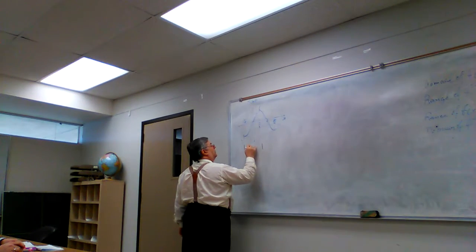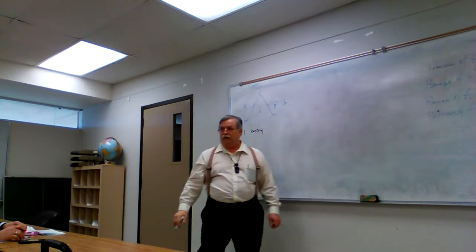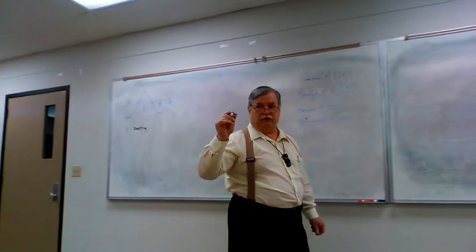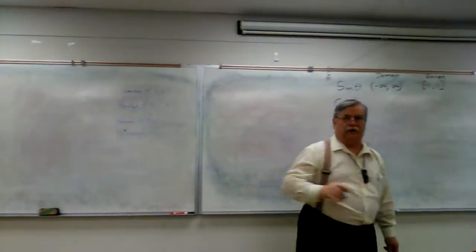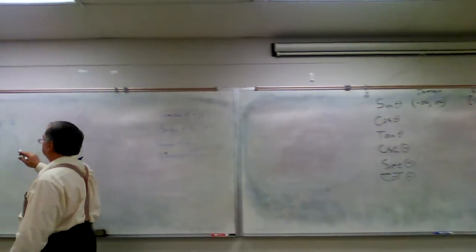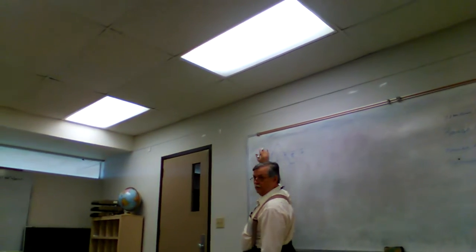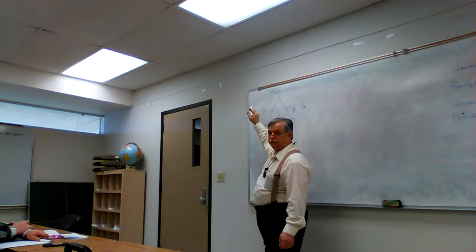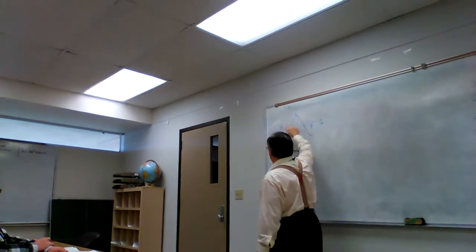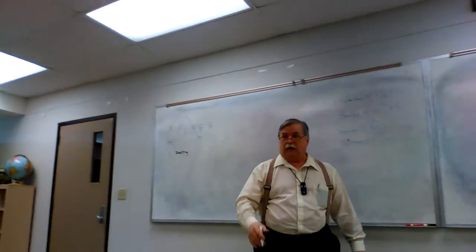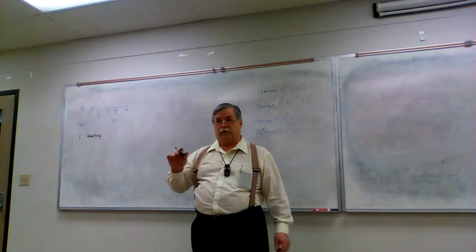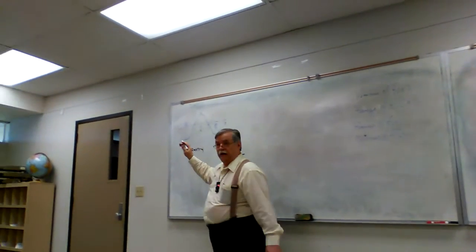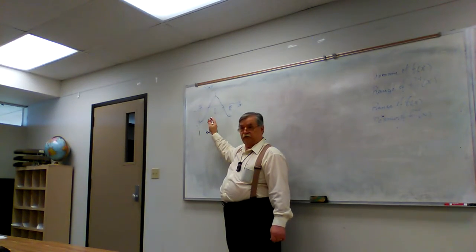Pi over 2. This is the restricted domain of the sine function for the purposes of generating an inverse sine function. If we did an inverse of the whole thing, then it would not be a function. Because whatever value of x you plug in, you would get an infinite number of y solutions. And so to define an inverse function, we have to have a restricted domain where the